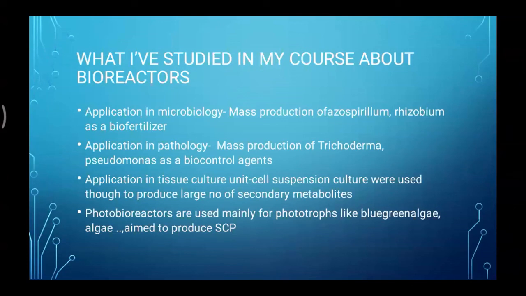And in the tissue culture unit, we use it for cell suspension culture for large amounts of secondary metabolites. In photobioreactors, we use it for single cell protein. It is also used in biotransformation of compounds, with more utilization in pharmaceutical industries, like rosmarinic acid and so on. It also has an easier installation process. Labor is reduced in this condition, and there is more successful biomass production than using plants as biofactories.